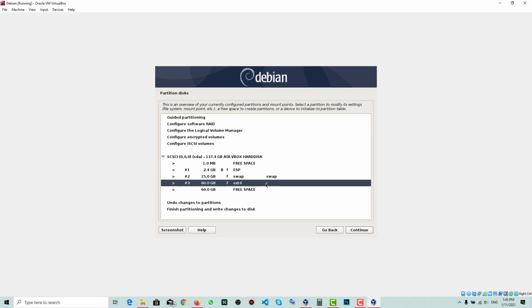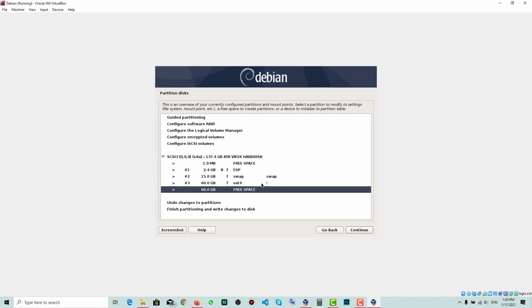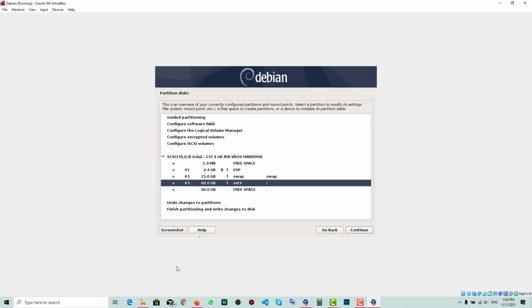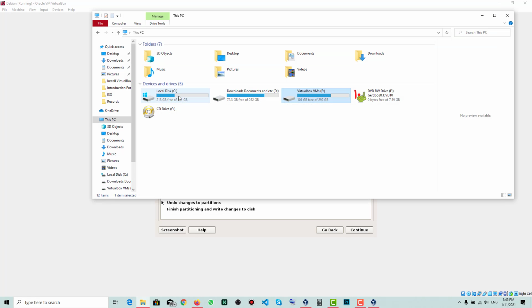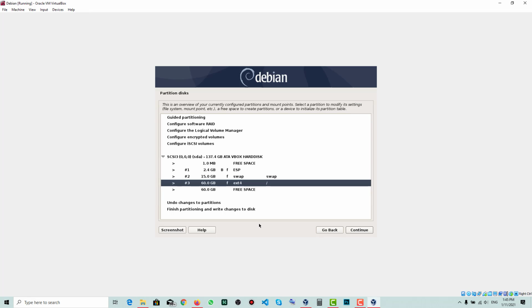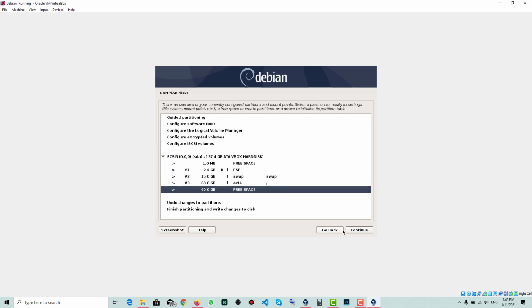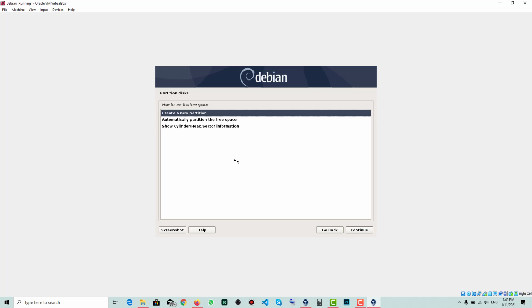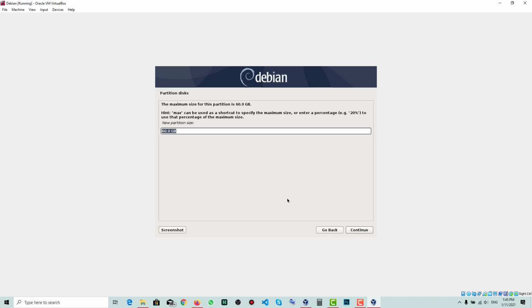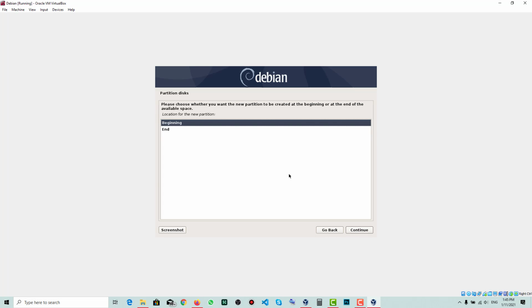It's the root partition I have just created, and the root partition would be your C partition in Windows. I am going to make 2 partitions, or make 3 partitions. Give it 30 gigabytes, and